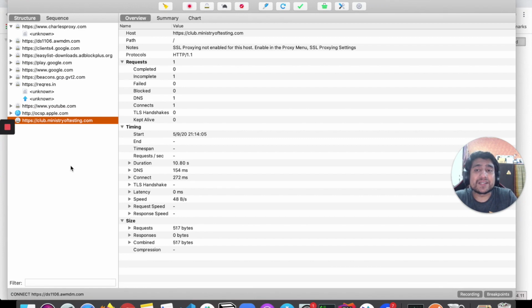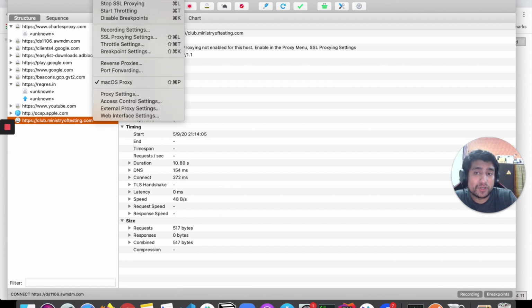One more thing you can do is, instead of adding Charles to the overall operating system, you can set a proxy to Chrome, so that only Chrome browser related calls can be discovered. You can do that in this case also.